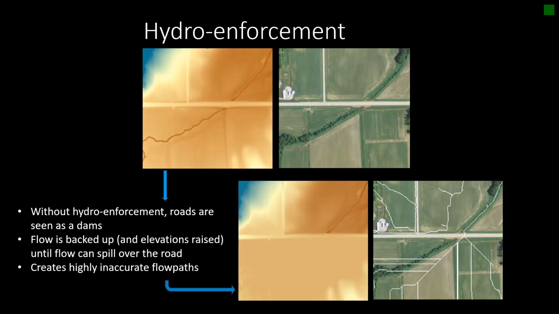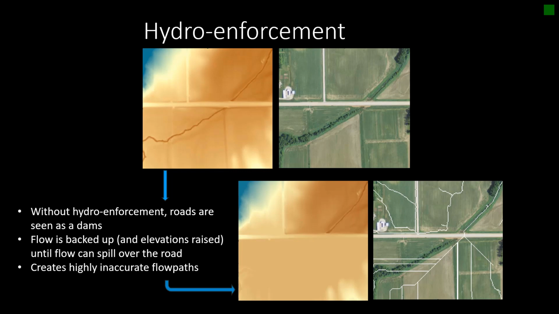So to give an example as to why hydro enforcement is so important, you can see below an example of where a cut line has not been made through this road. So you have your flow path, and when you do terrain processing and get a raster out, like a flow direction or flow accumulation raster, when you're above that road, everything's moving along fine. It hits that roadway, treats it as a dam, so that flow begins to back up behind there, creating a ponding effect until it reaches such a height that it can spill over that roadway. And when that happens, the flow path no longer is falling into the correct channel, and we get this skating rink effect, which you can see in the lower image there.